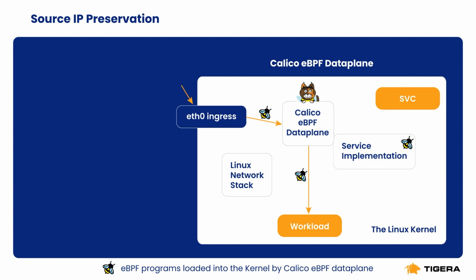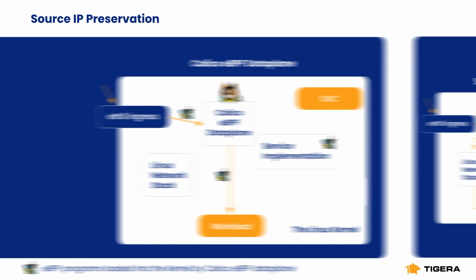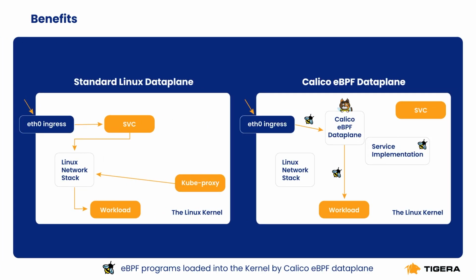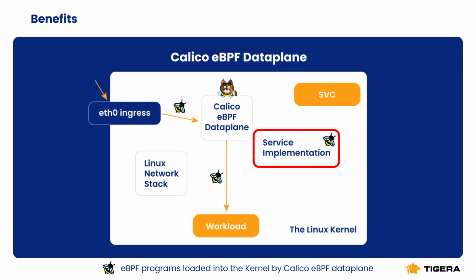high-traffic workloads. In essence, Calico eBPF not only preserves the source IP without additional ingress controllers or application changes, but also offers a more resource-efficient alternative to Kube-proxy. Calico eBPF Dataplane implements Kubernetes services by utilizing the power of eBPF programs. It gives you the ability to preserve the source IP without the need of any ingress controller or change in your application. It completely replaces Kube-proxy and provides a more efficient way to handle high-traffic workload environments with less resource